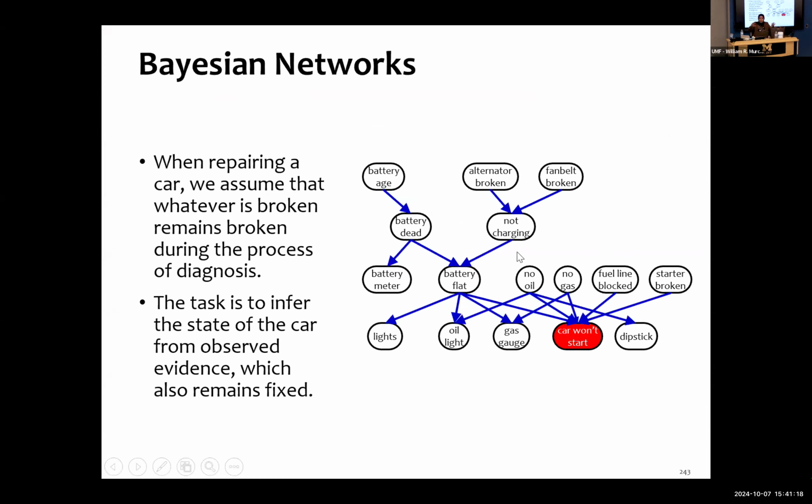The universe in this case has a lot of possibilities, and each time we have random variables that are dependent on each other. So here, if I am going to fix my car, let's suppose that in this case, the problem is, again, the battery is flat.